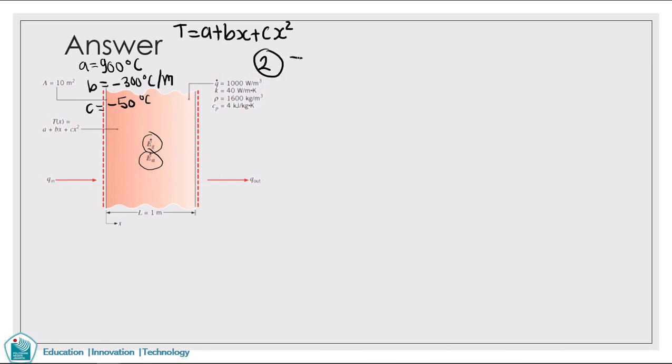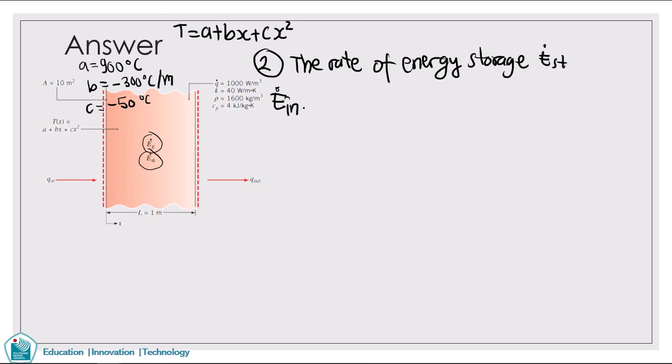We need to find the rate of energy storage, E dot st. Remember the equation to find the energy storage comes from the rate of energy input plus the rate of energy generated minus the rate of energy out, so it will be the energy that's stored in the system,